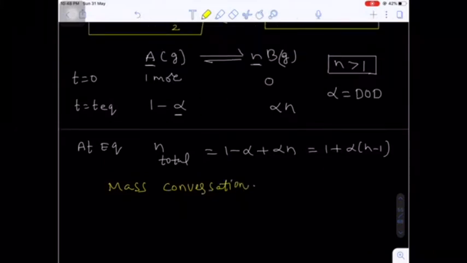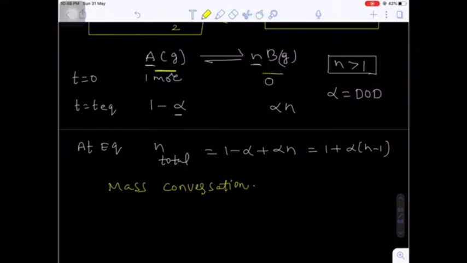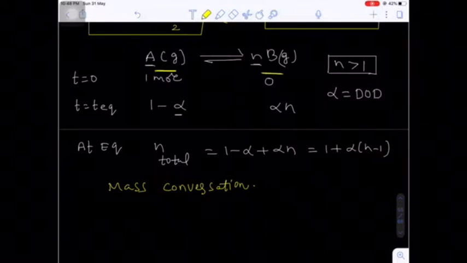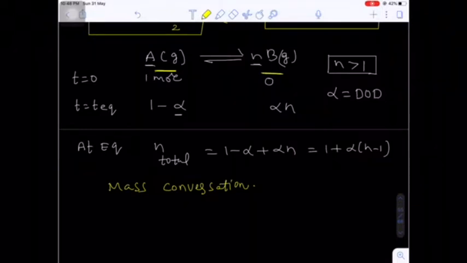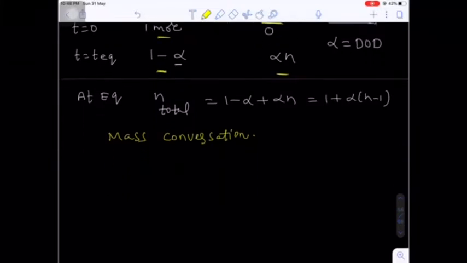That is, initially how much of the mass of the reactant is taken. After attaining the equilibrium also the same mass of the substances will be present, but at equilibrium both reactants and products will be present. Initially we are starting only from reactant. Are you getting my point? But when equilibrium is attained, we have both reactants as well as products.